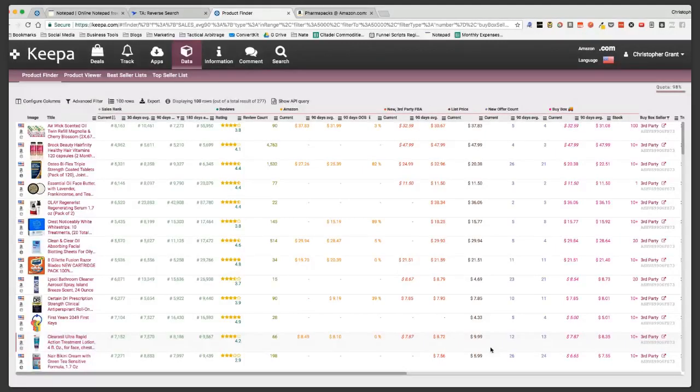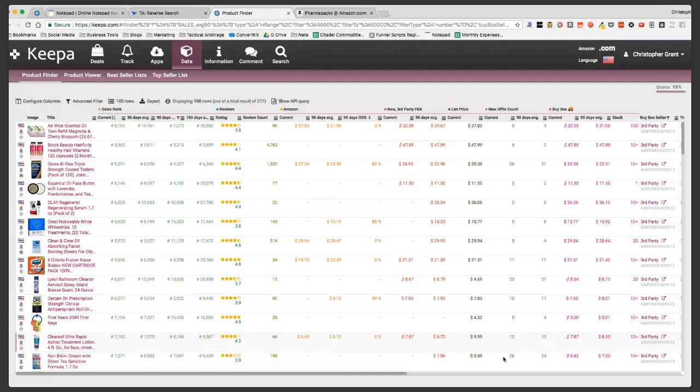Why not look at 1 to 50K? You can, Tim, absolutely. You can look at 1 to 50K if you want. I typically stay out of 1 to 5,000 just because I know there's going to be a ton of sellers and it'll be more often that the price drops. So I actually like things that are not ranked super well.